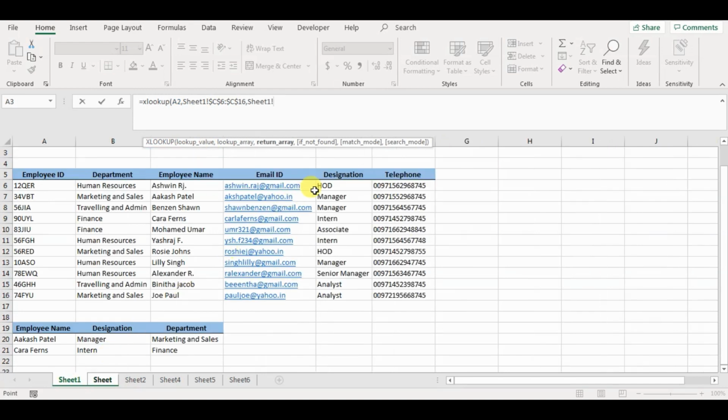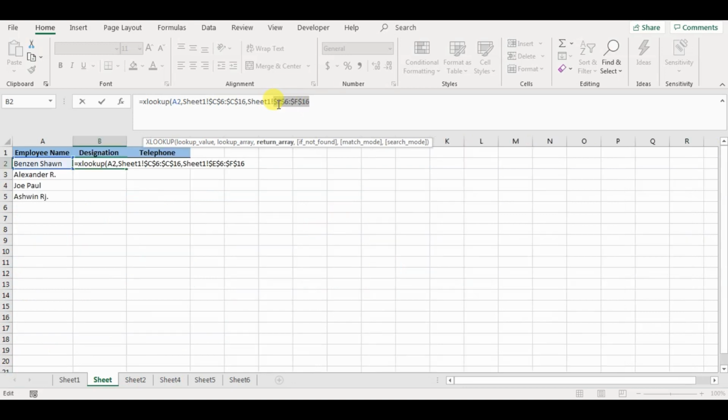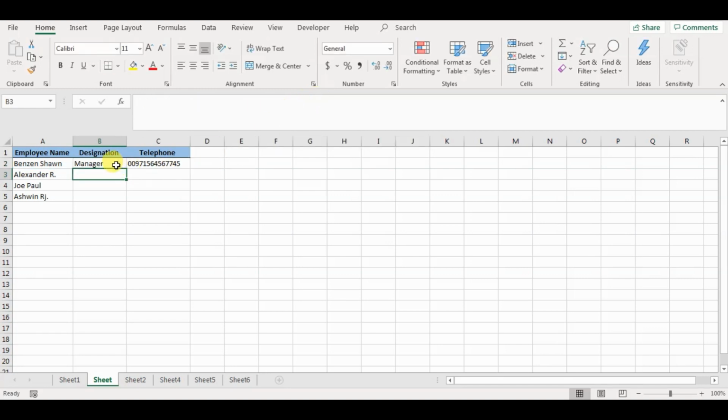So we will select designation and telephone together, and we will of course absolute reference it. Close parenthesis, enter. Now you can see we automatically get two values at one time. Now let's select it and drag the formula down, and it automatically populates everything. Now we just ran through a basic example of how XLOOKUP is better than VLOOKUP.